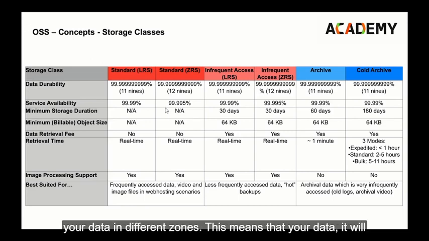This means that your data will still be available even if a single zone within a region fails. That gets you 99.995% service availability and 12 nines data durability. So if you really need the ultimate availability and durability for your data, then ZRS, zone redundant storage, is the